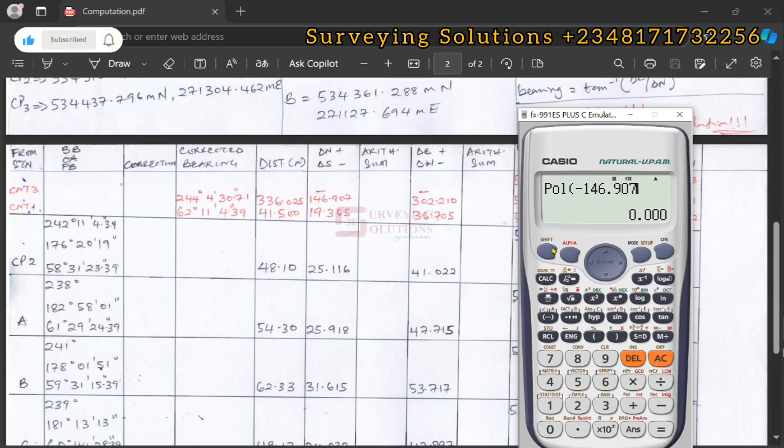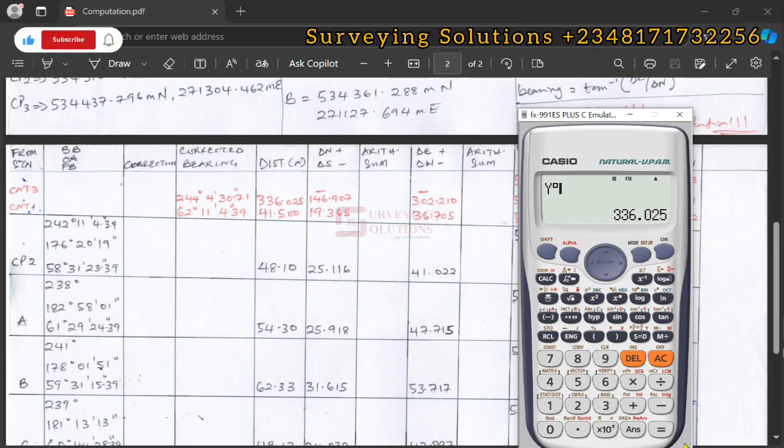Then comma, that's shift this. And then our delta easting is what? Minus 302.210. So this returns the distance. So alpha x first, that's for your distance, that's 336.025, and then alpha y degrees,